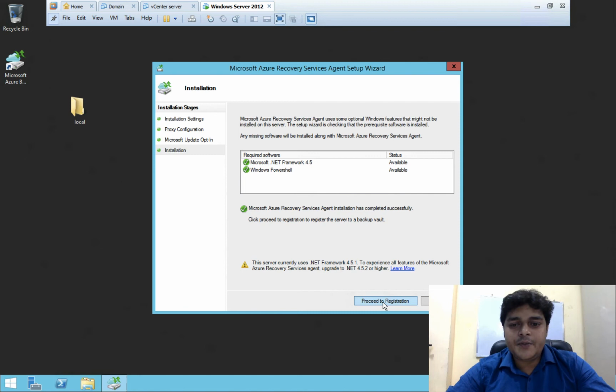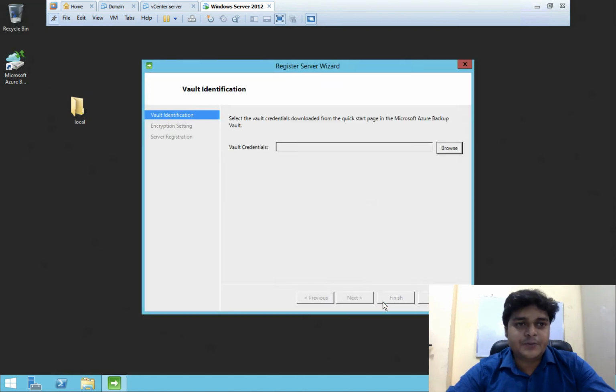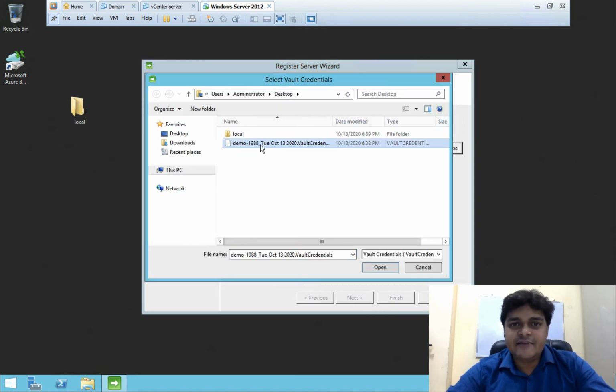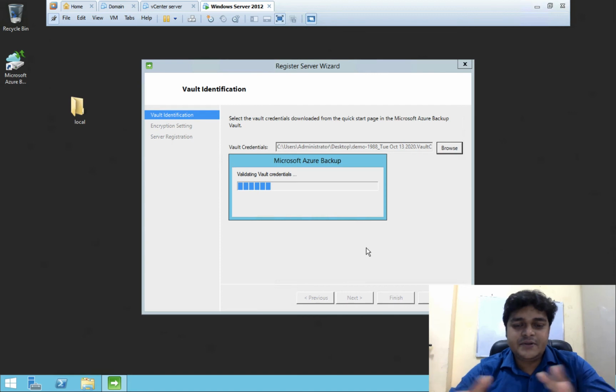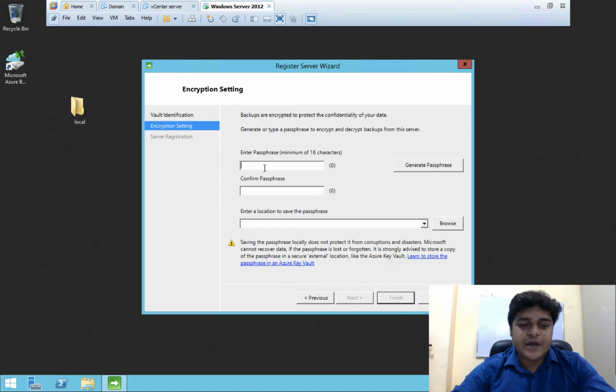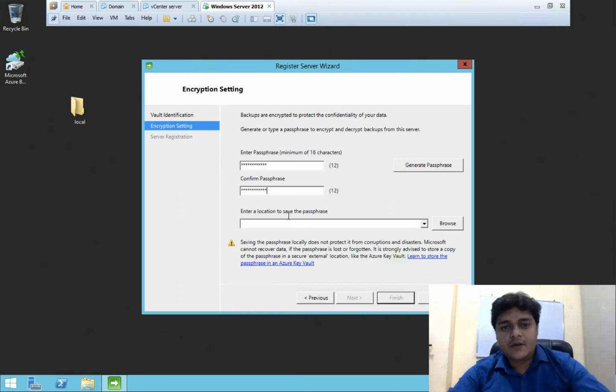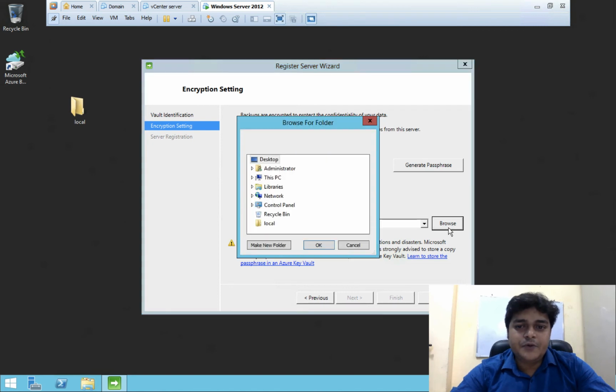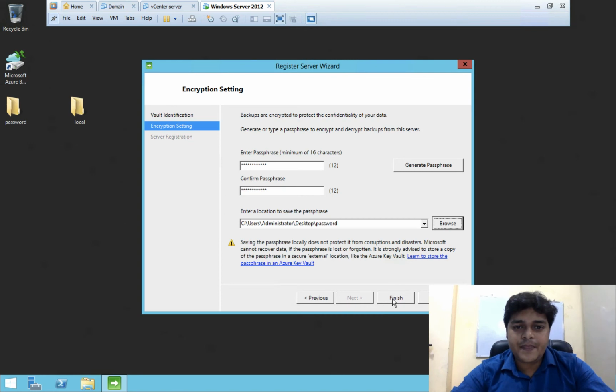Successfully installed, you need to click on proceed to registration. Whenever we click on proceed to registration, you need to just provide the key that you downloaded. So guys, this is our key that we downloaded. Open it. Try to make an approval, just approve your local machine to the cloud. So type any password. If you forget your login method, you can proceed with this one, and choose where you want to put it. So I'm going to put it on our desktop. Just create one folder with the name of password, click OK and finish.